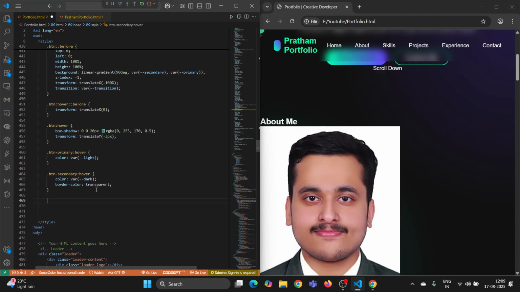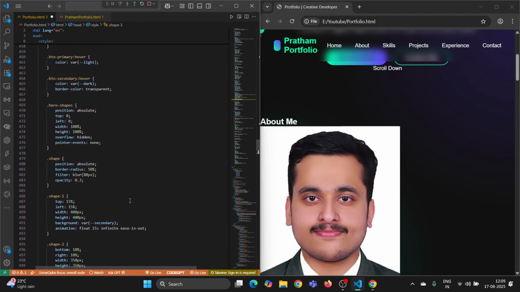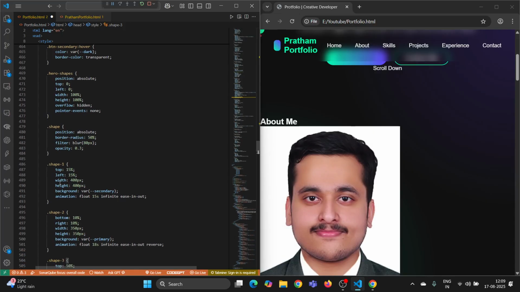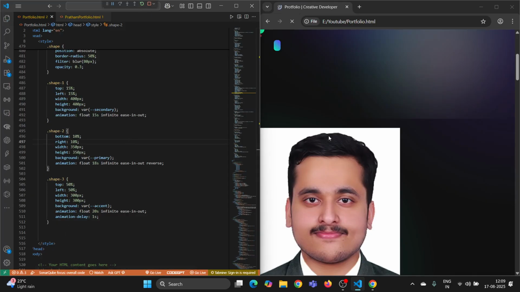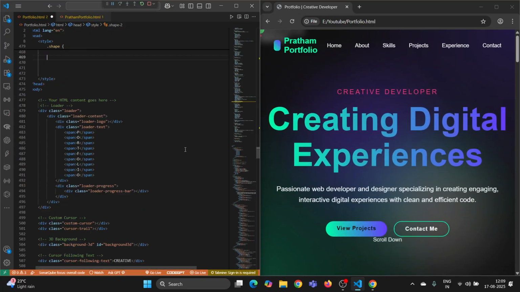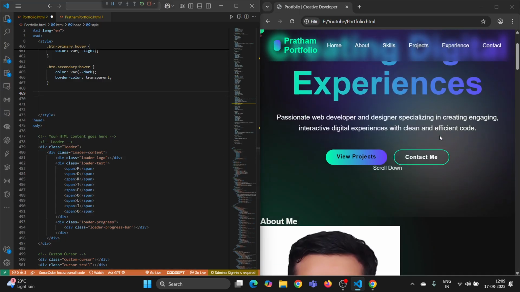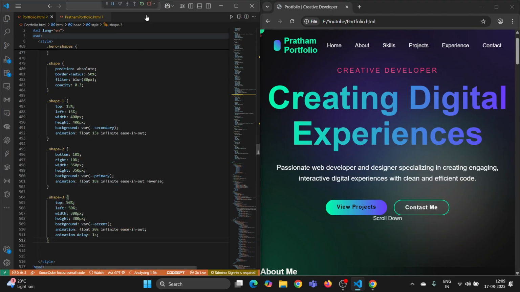Once you are done with this, we'll start with hero shapes. What is this? You will get to know. I'm defining a hero shape, shape absolute, and shape 1, shape 2, shape 3. I have defined 3 things. I'll reload. Once I have done this, you can see the background thing. Before this, see the difference. Before this, you had nothing here. Once I define this,